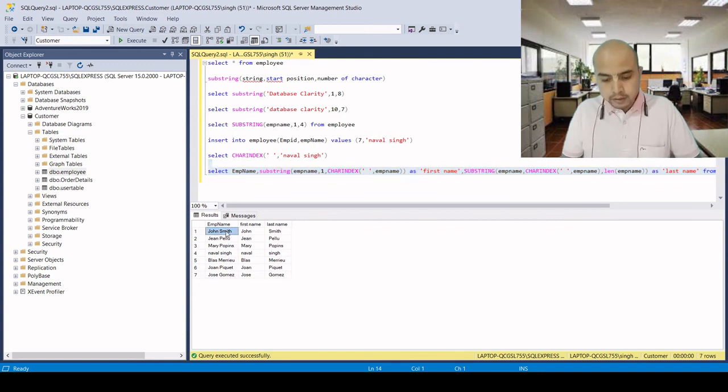See, here the name was John Smith, and it separated John and Smith separately. So the best use of substring is to separate the first name, middle name, and last name. That is the best use of substring in SQL Server.